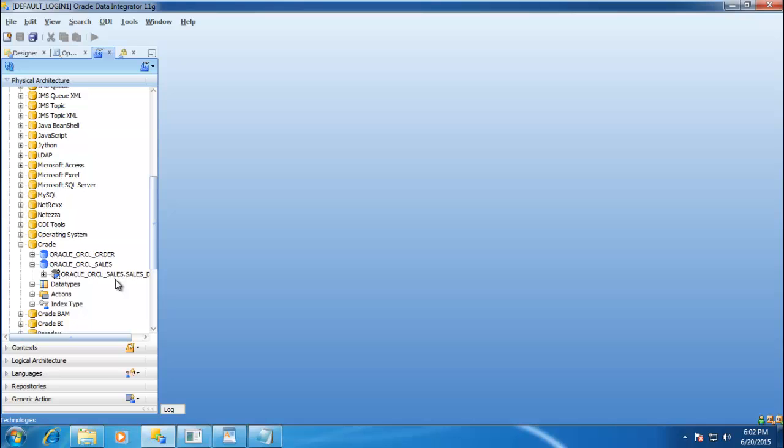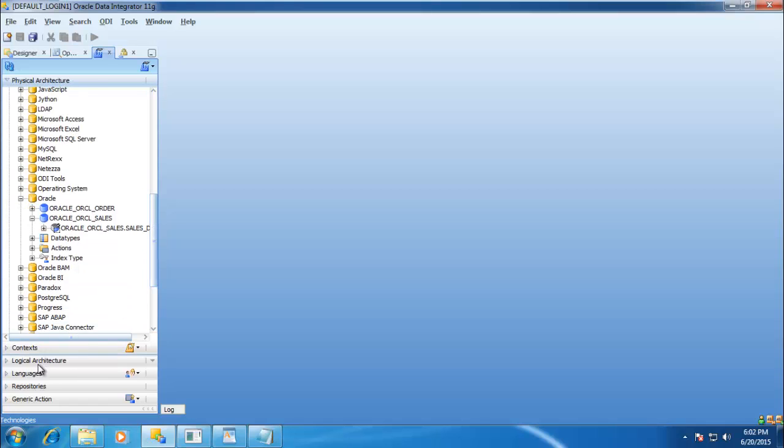For example, I want to load the data from an orders schema, which is in the orders data server, and I want to load the data into my sales. These are all the data servers where you need to connect. Those things we need to define in your topology navigator.